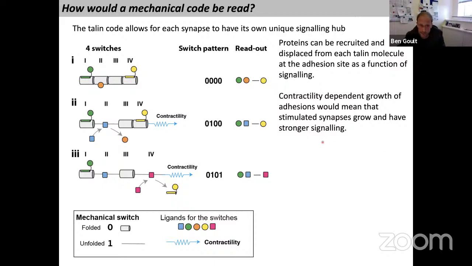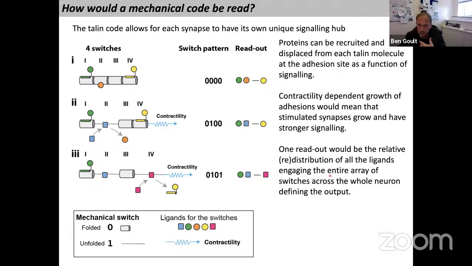And what's really exciting about this, I think, is that this is what's been known in the adhesion field for many years: this contractility-dependent growth of adhesions, where if you stimulate an adhesion, it gets bigger and changes its signaling. If you don't stimulate it, it gets smaller, it atrophies. So it's a simple set of mechanical rules which would be underpinning this process. And one of the readouts would be that all of these little yellow, green and orange blobs, proteins, are all getting relocated to these different switches in different regions of the cell, depending on what patterns are available. And I think my next slide should hopefully show that.